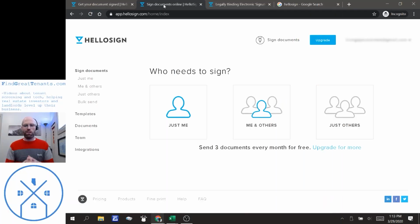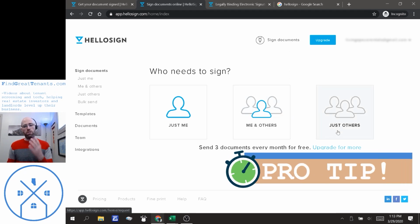Now, let's get to it. So here's the main page when you first get logged in. There's three options you can start off with. You can do just me, me and others, and just others. Now, the last two options actually kind of work the same, and I'll tell you why. The time savings option, if it's going to be you and another party signing, so if you're the landlord and you're getting a document signed by your tenant, you could definitely do me and others, or I'd actually recommend doing